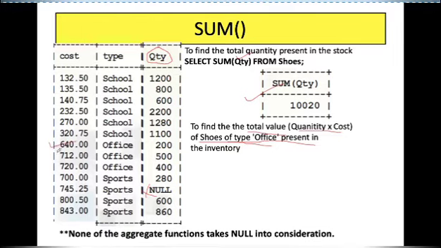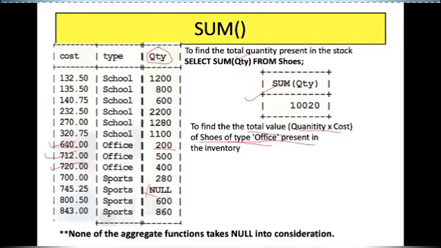So how is the total value, the total worth, to be calculated? Cost into quantity, this cost into quantity, this cost into quantity, then it will be added. That will be the total worth. If you add these three values, what will happen? It will be the cost of one shoe only, but there are 200 shoes of this office type with this cost.